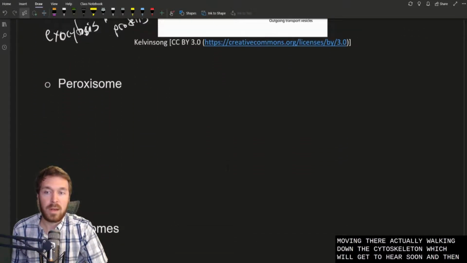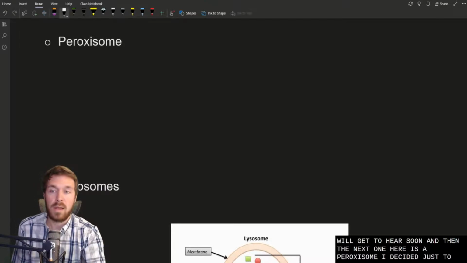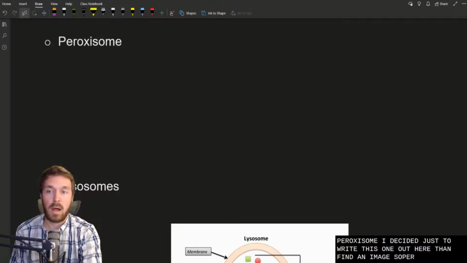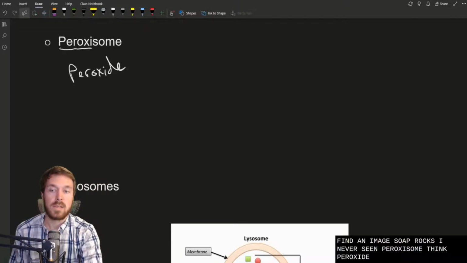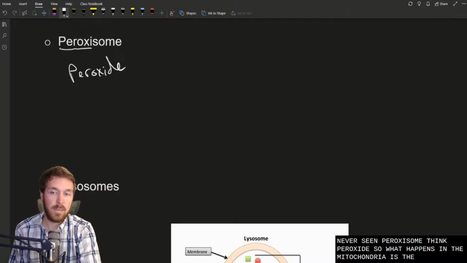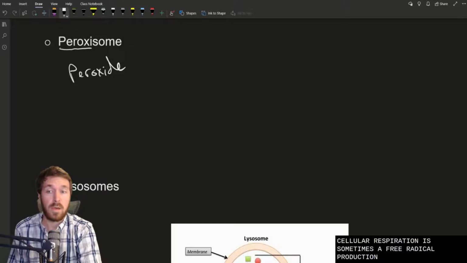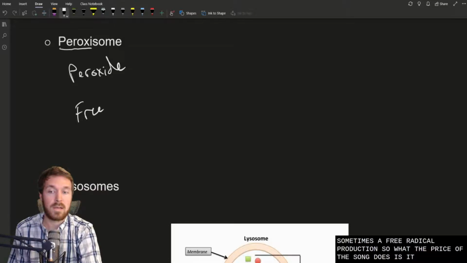And then the next one here is a peroxisome. I decided just to write this one out, then find an image. Whenever you see peroxisome, think peroxide. These are typically found right beside our mitochondria, and a byproduct of cellular respiration is sometimes free radical production. So what the peroxisome does is it takes free radicals